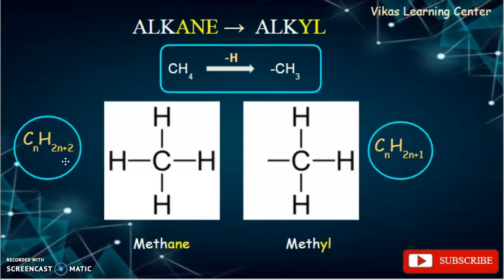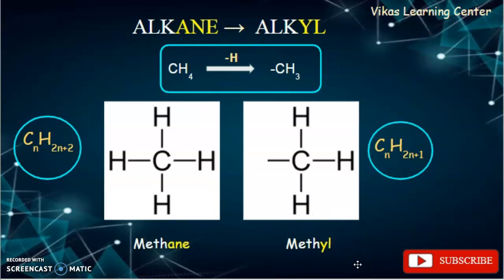So on removal of one hydrogen atom, the general formula of this alkyl group has become CnH2n+1. You can also observe that the suffix 'ane' is replaced by the suffix 'yl'. Earlier it was methane,